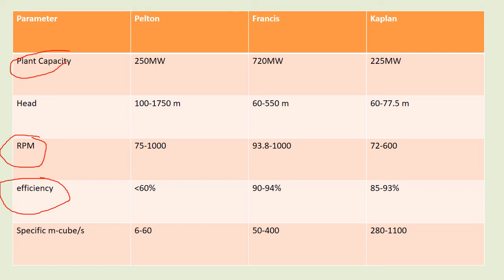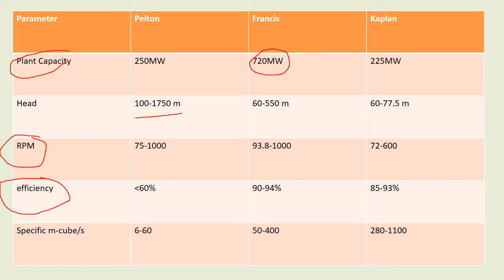So if you are putting up a plant of high megawatt power, you can prefer going for the Francis turbine. Okay, so this Francis turbine uses both impulse as well as reaction forces. So for a high capacity plant, you must prefer the Francis turbine. As well as if you are checking Pelton and Kaplan, capacity is quite similar, but that depends on the height of the dam. So if your height of the dam is quite high, you better go for Pelton, and relatively vice versa, you can go for Kaplan.